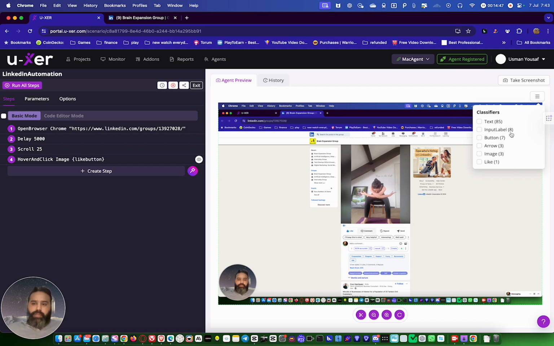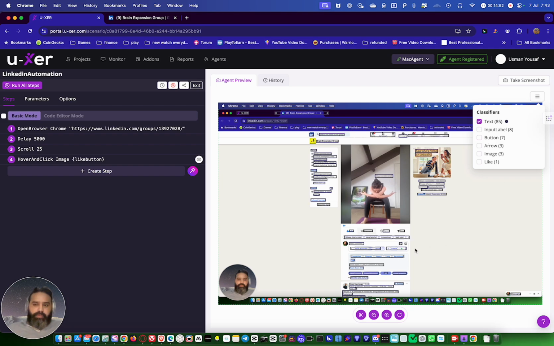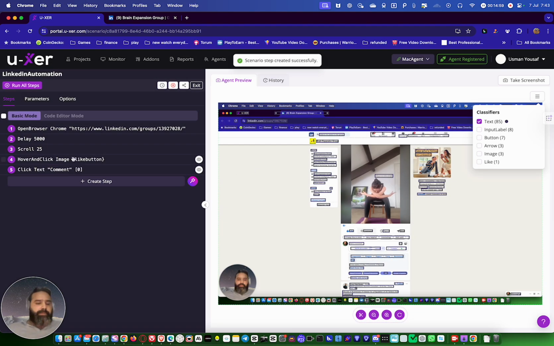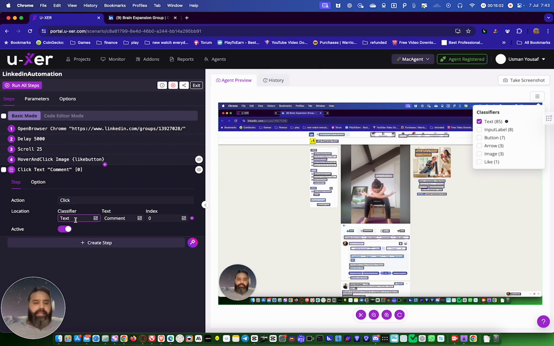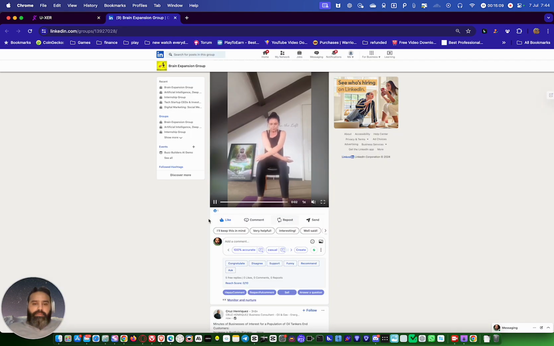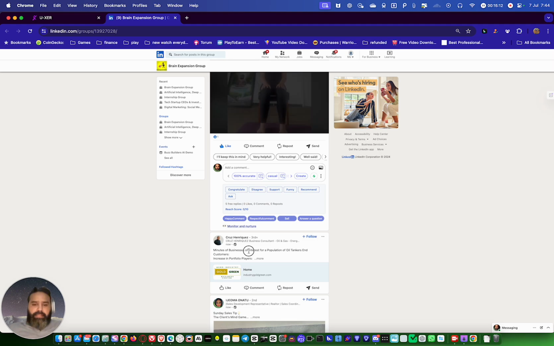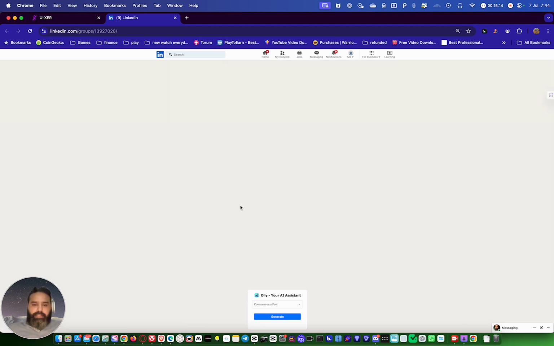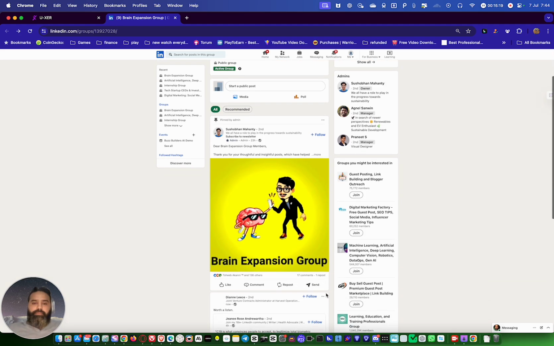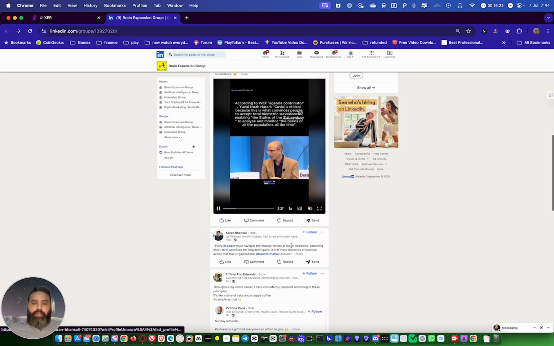So now what we will do, you see this? Now see, we have one more option there. If we press the text button, I can click this, add to scenario and save. But the problem is that it says click text. Text means this. But you know what the problem is? The problem is that sometimes with comments, if there is a comment and it has text written here, like text, it will just go and select that one instead of clicking the button.